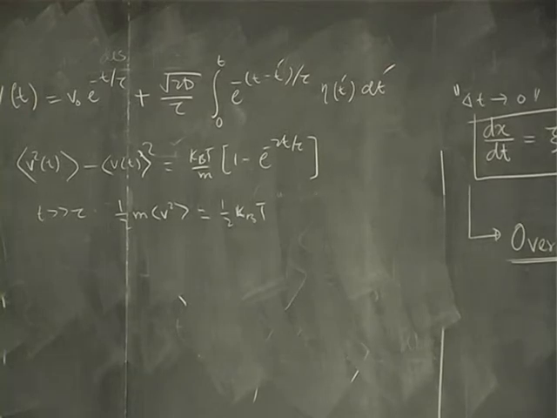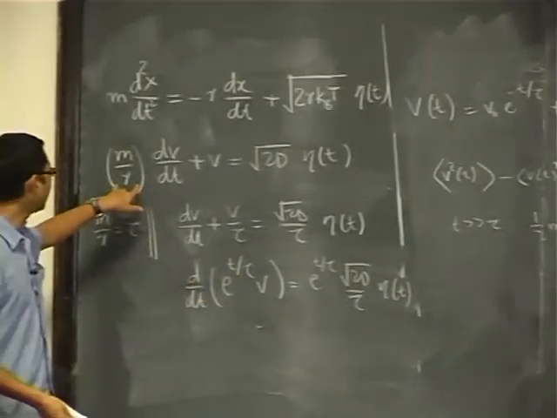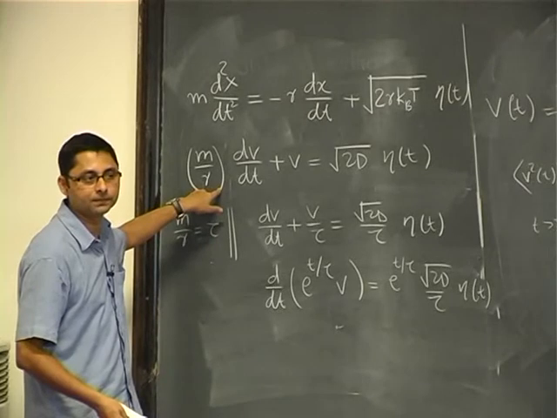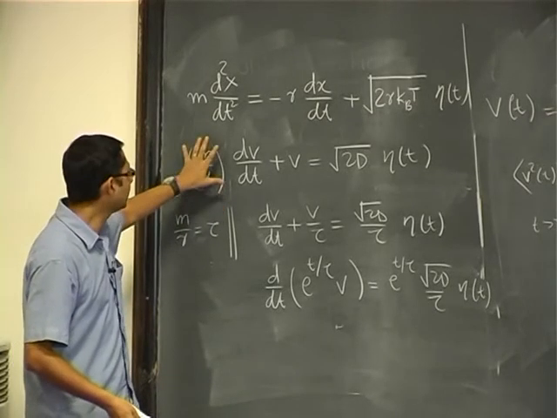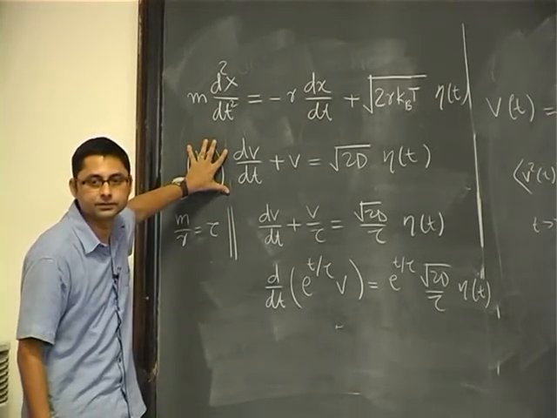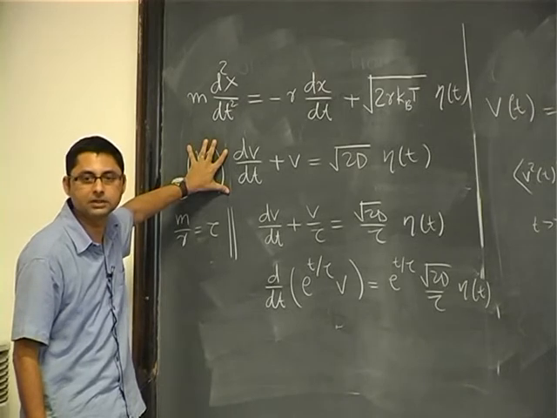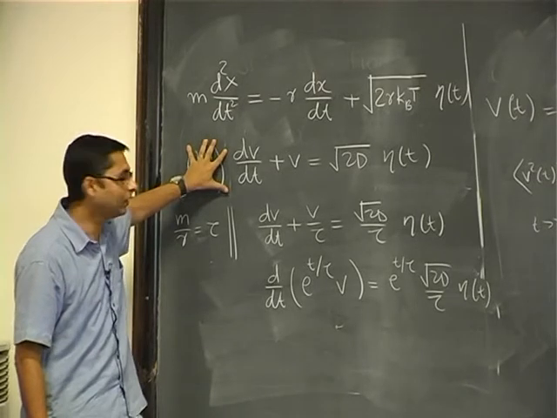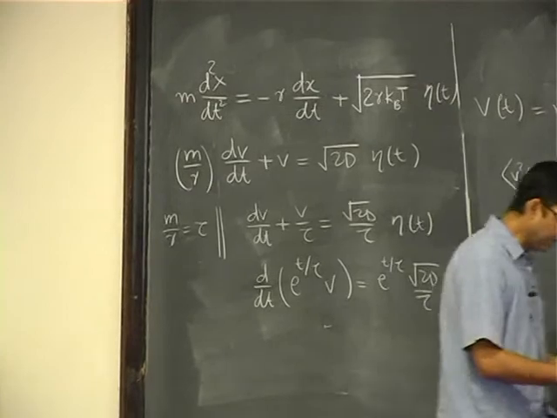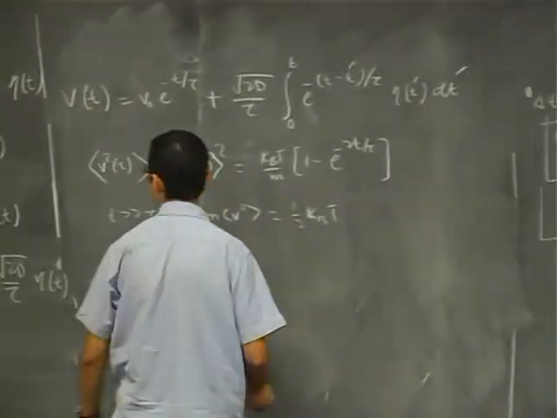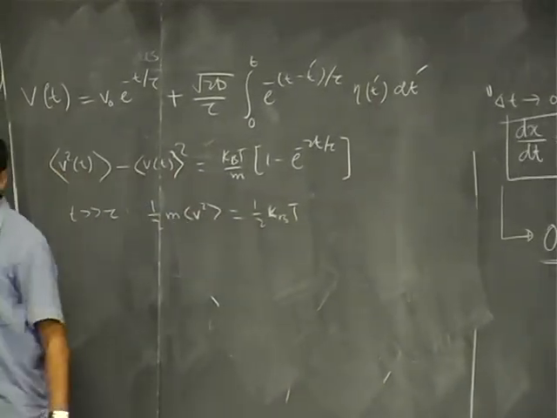So now if you are looking at a system at time scales much larger than this, you can drop this term here. This is the meaning of the overdamped equation. Actually, I am not going to do it now, maybe I will do it in the tutorial. So you can also, now given v,